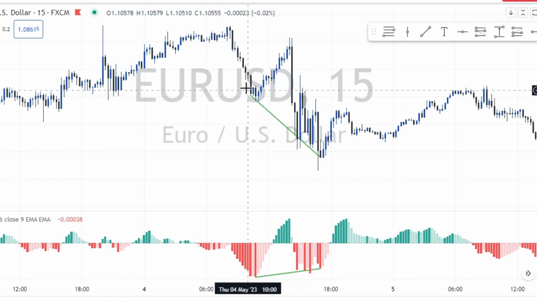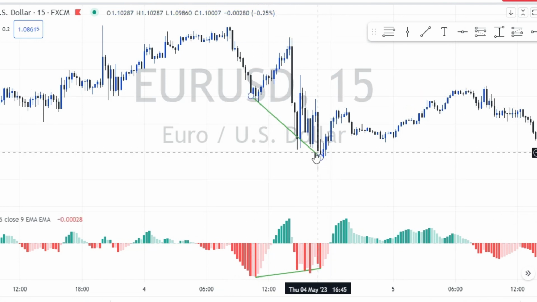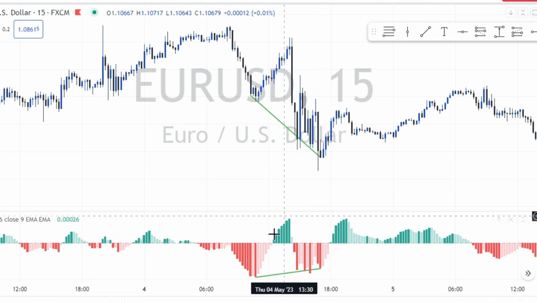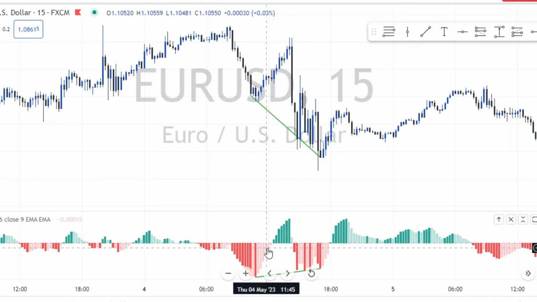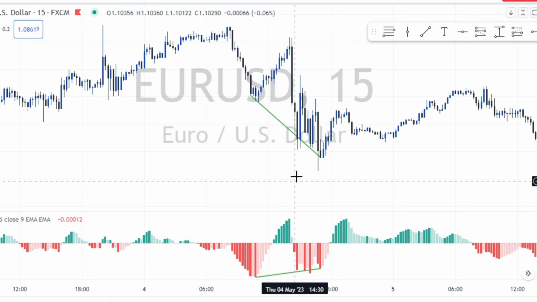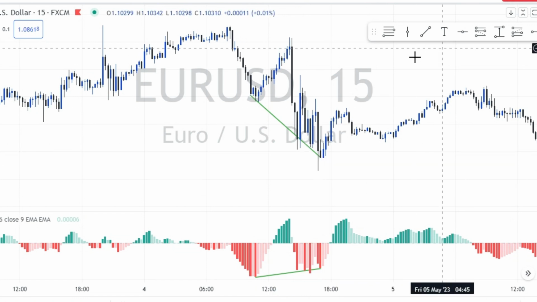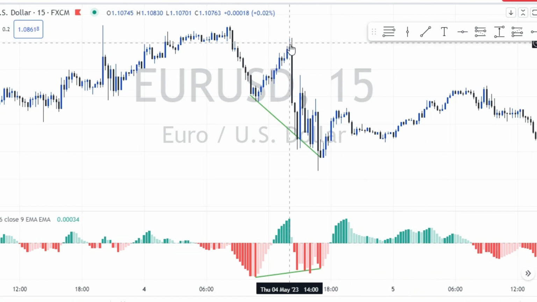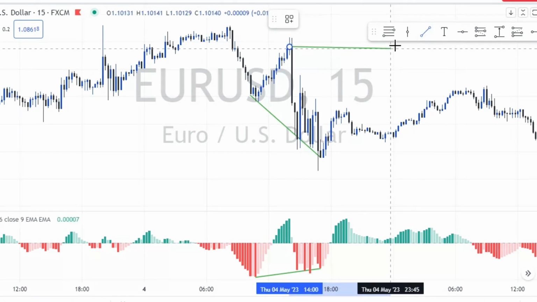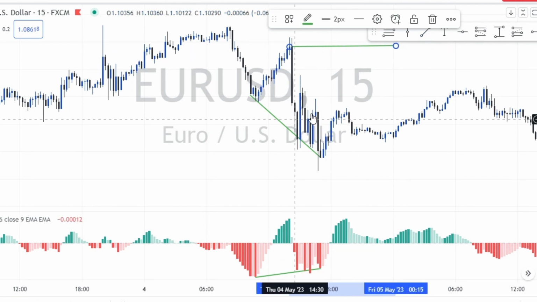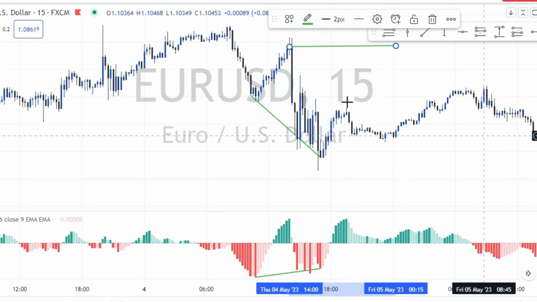So the price action is indicating a downward momentum, and also the MACD is indicating an upwards or a dying momentum, right? So this is a divergent. So what we'll be doing here, we'll be trying to locate a higher high, right? So our higher high is this point. So we wait for the market to come and break this point, which never eventually happens,